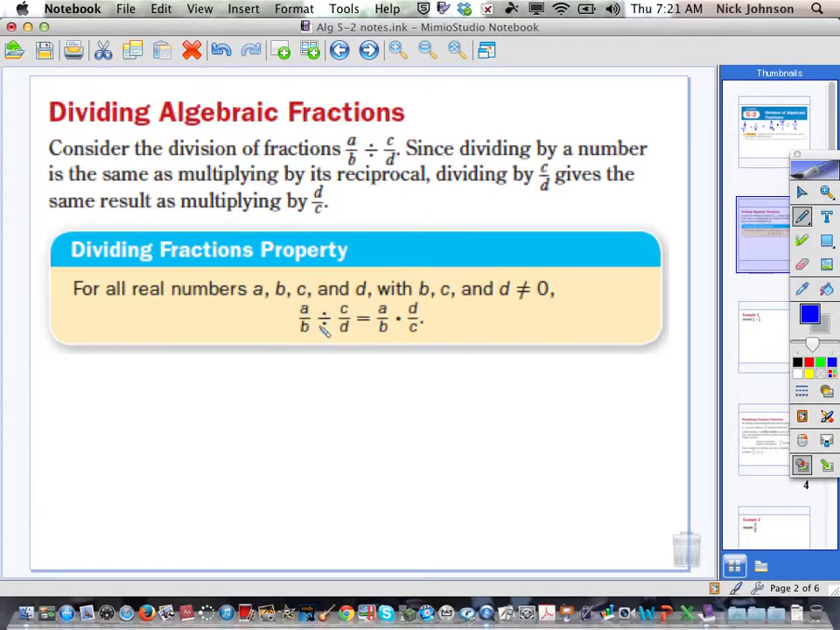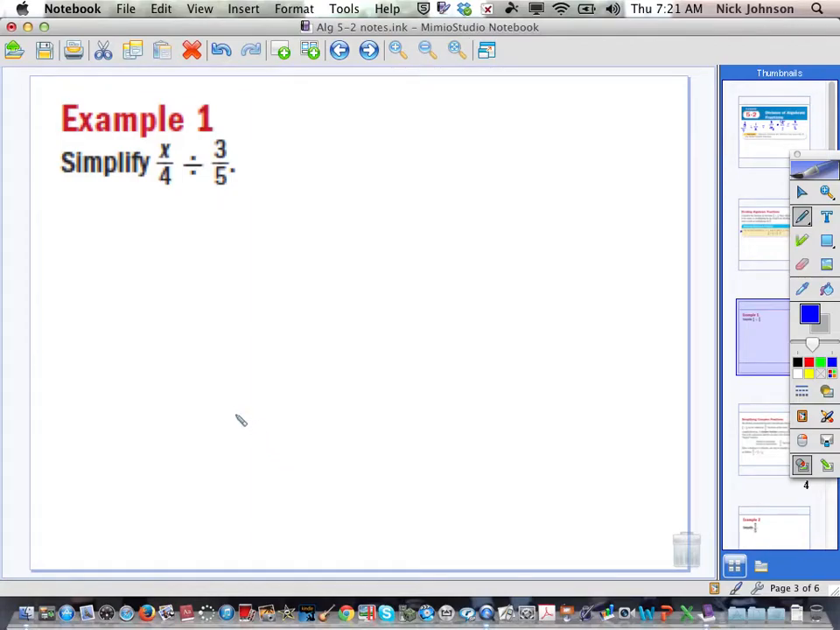A over b divided by c over d is the same thing as saying a over b times d over c. You multiply by the reciprocal. Okay, might want to have that in your notes. So example 1 says simplify. So x over 4 divided by